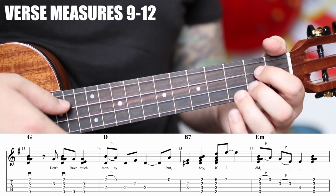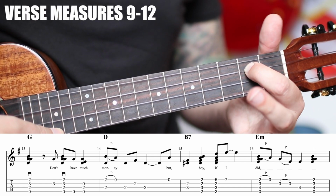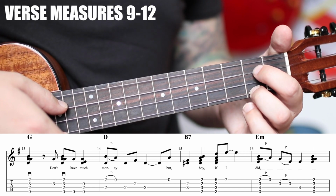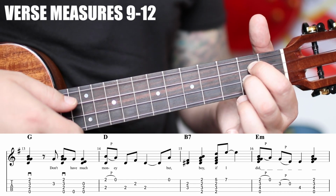Okay, so just that first measure. 1, 2, and 3, and 4. Keeping that finger down, get your middle finger on the 2nd fret of the A, pluck them both together, pull off to the open A, and then get it down to the 2nd fret, where you're going to go